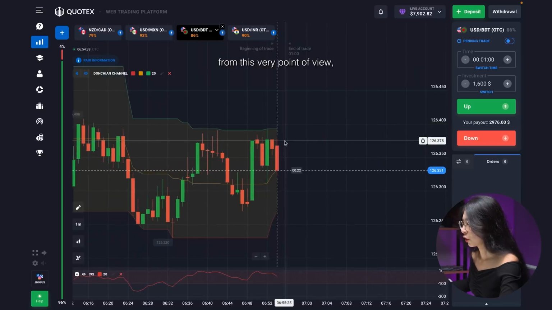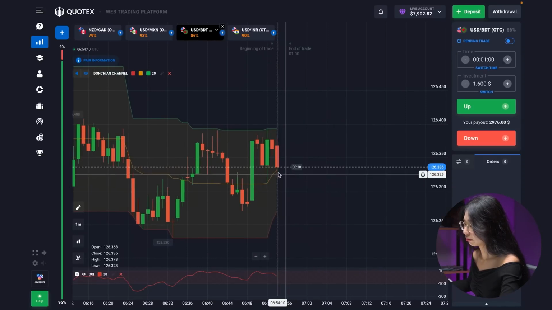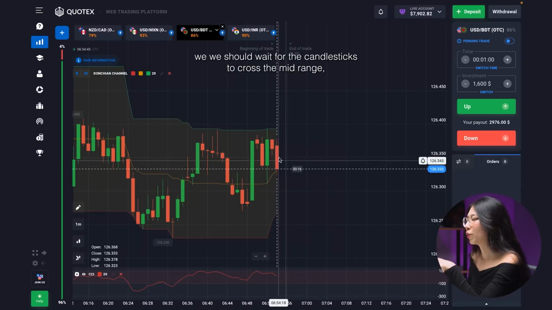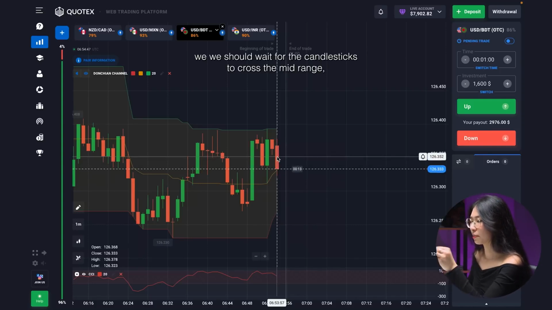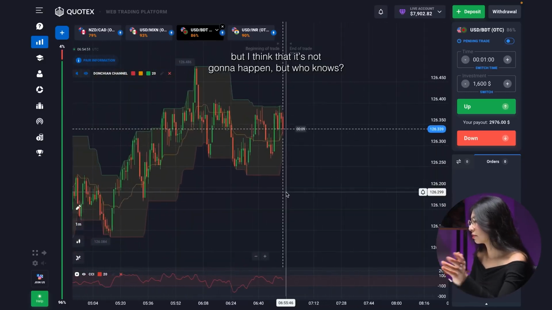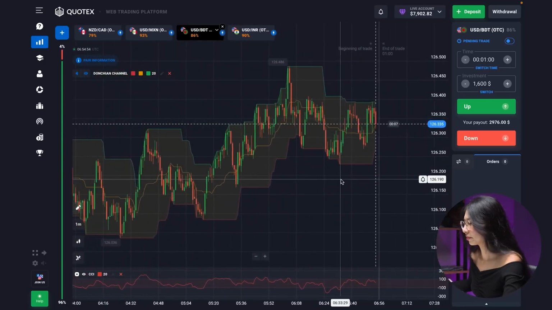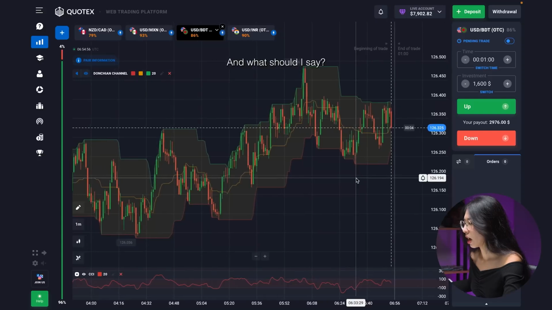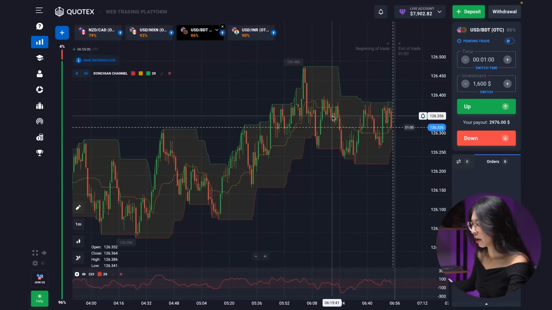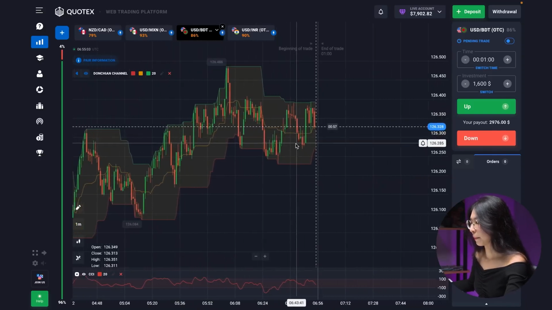Okay, from this point of view, I think we should wait for the candlesticks to cross the mid-range, but I think it's not going to happen, but who knows? I also have to conclude that all those situations are provided inside the Donchian channel.